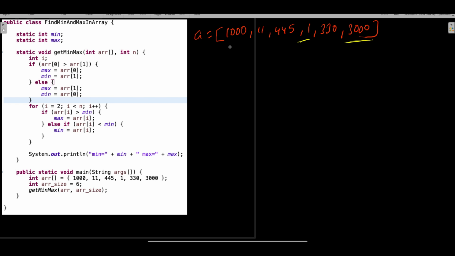Since this is an array, one thing for sure is that we need to write one for loop, because we need to iterate over the array. So what should come to your mind is that one for loop is important, which will run from 0 to n. N is nothing but the length of this array. So one for loop is required.